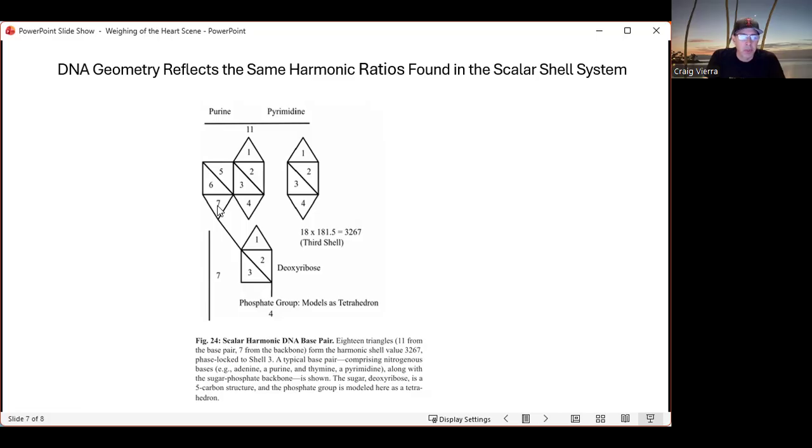Then if we make a connection, and I'm just looking at one base pair, I can go down into the backbone where there's a five carbon sugar, another pentagon, and then there is a phosphate group. What I did was I broke these into individual triangles, since everything that you see in the physical is basically a triangle. The triangle is the most stable structure that you will find in nature. And so